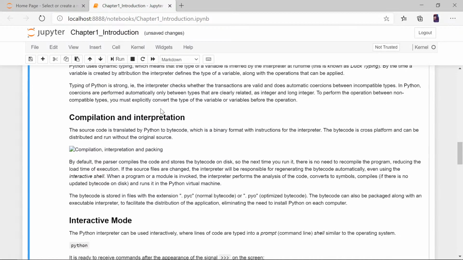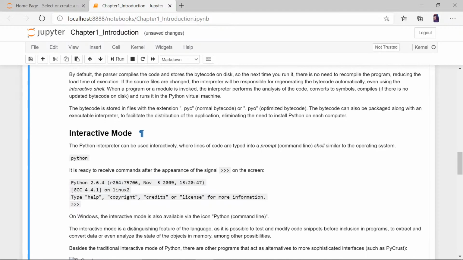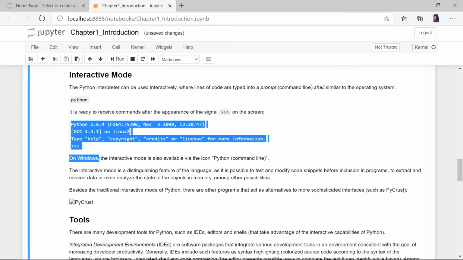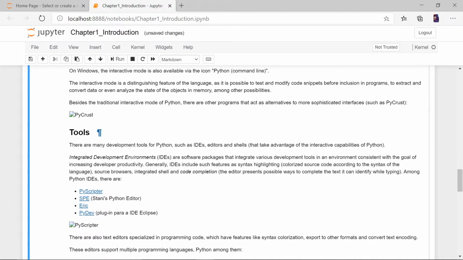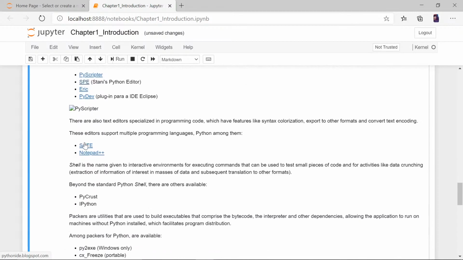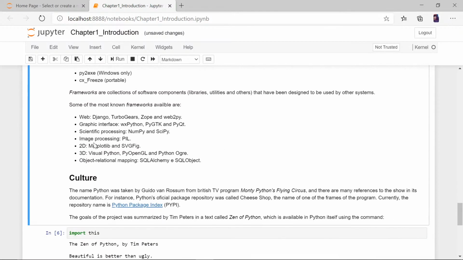Compilation and interpretation: Python is not an interpreted language, so this is not the part. Interactive mode: this is when you write Python and you get this whole thing. That is what they call interactive mode. Tools: these are the old tools, I'll update it and send you the new file. Notepad++, IPython, PyCluster, all these things.